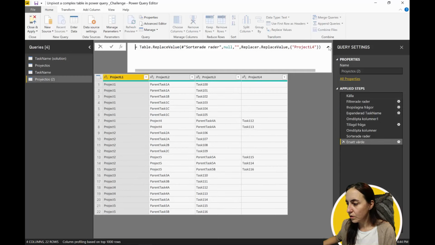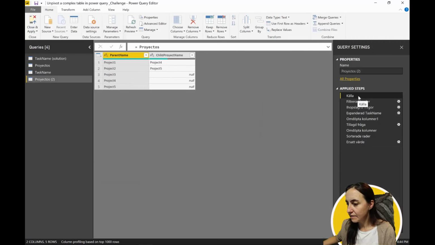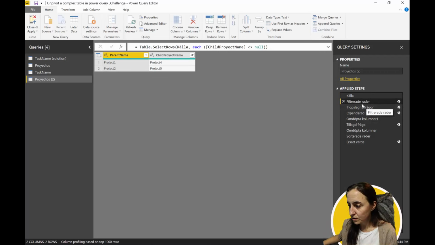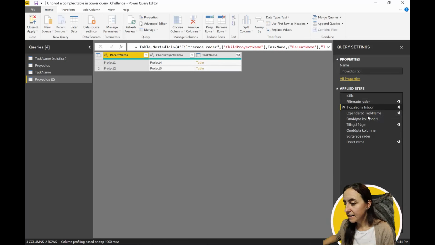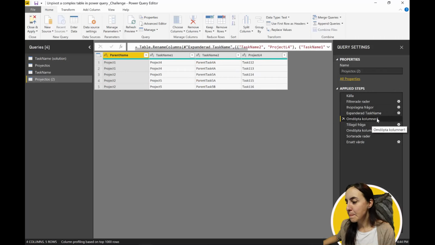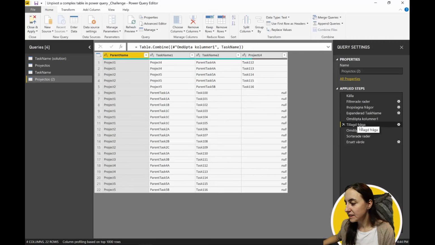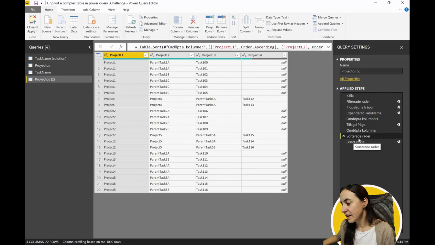So if we go through the steps, here we have, it calls in the project table, and then it filters the rows where, it wants to identify the projects that has a child project, which is project 1 and project 2. Then he puts them together. Then he, together with the task table, obviously, expands it. Then he changes the name of the columns. And then he appends the table. And then change the names, sort,